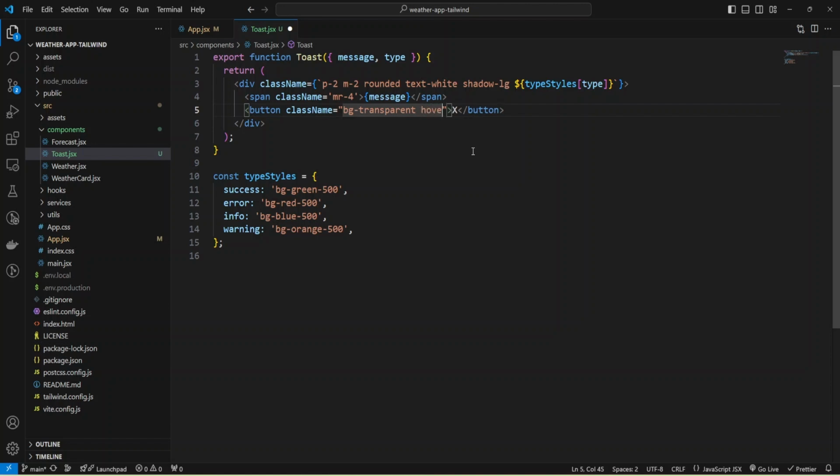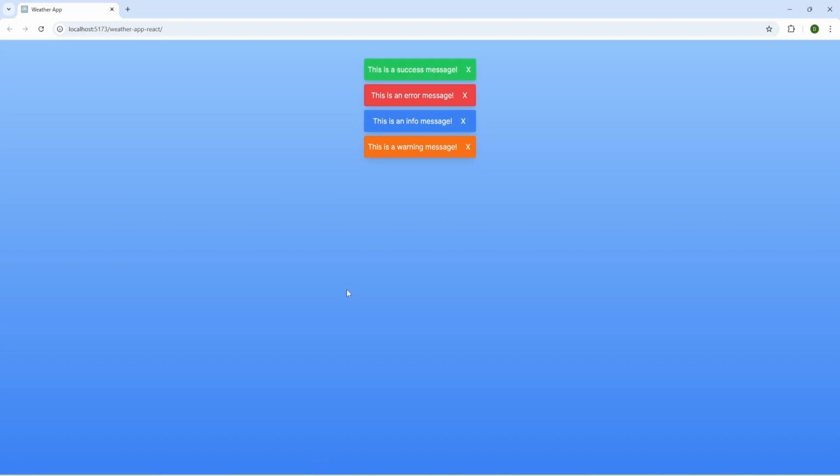And when hover, I'm going to change background to white, and also on hover, I'm going to set X black and make it rounded full. Also, we can add some fading, and let's check what I have. Okay, and we have our close button.